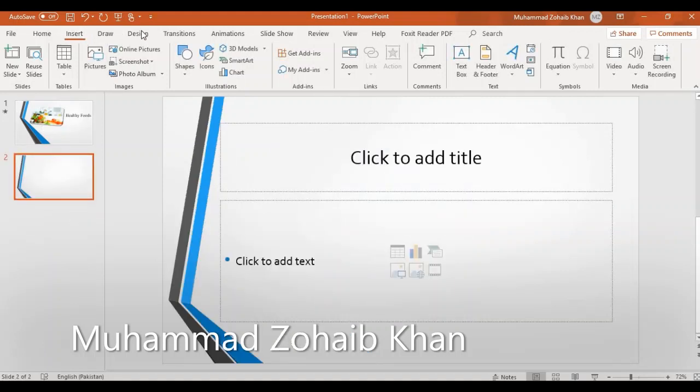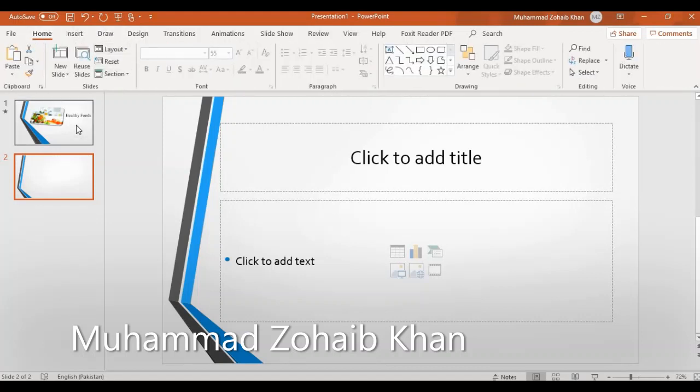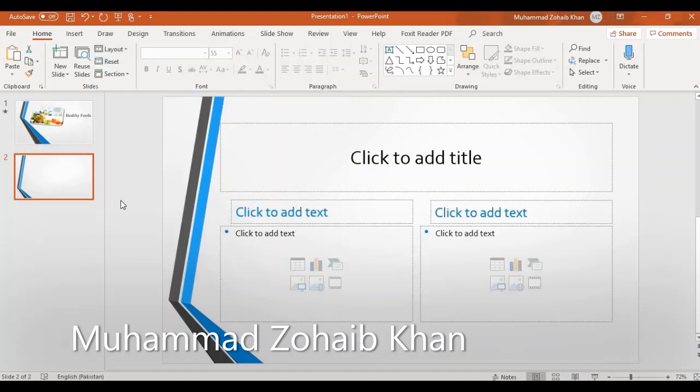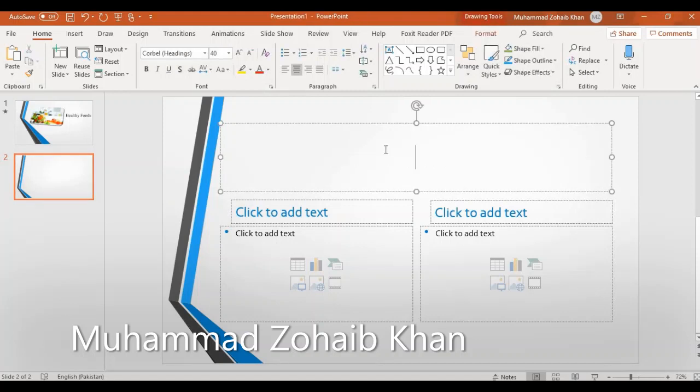Okay, one more thing. Click on the Home button, and there is an option of Layout. Layout shows what type of design of the slide you want to take. For example, we want to compare something. This is the title of the comparison. I can say, for example, comparison, or we can say vegetables versus